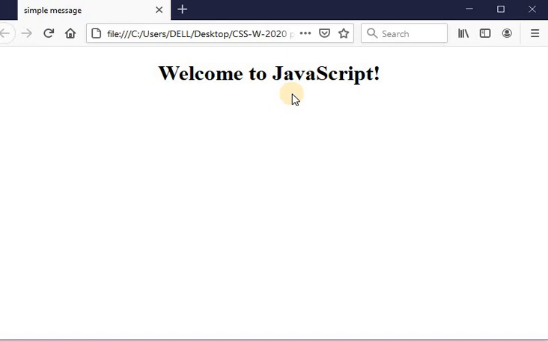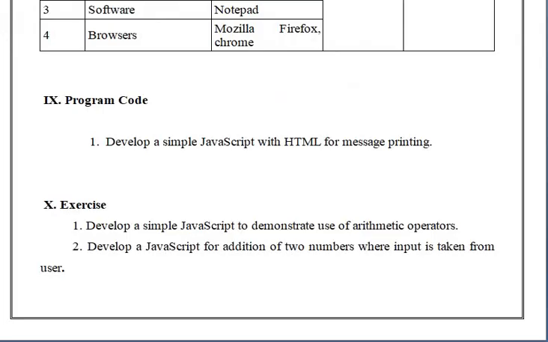Let us see the second example. In the exercise session there are mainly two programs. First is to develop a simple JavaScript to demonstrate the use of arithmetic operators. The second is to develop a JavaScript for addition of two numbers where input is taken from the user.